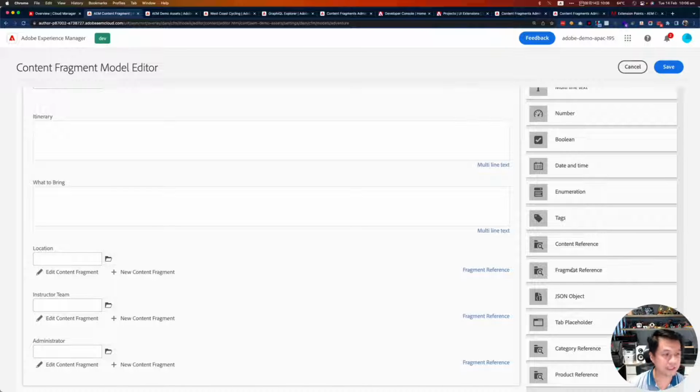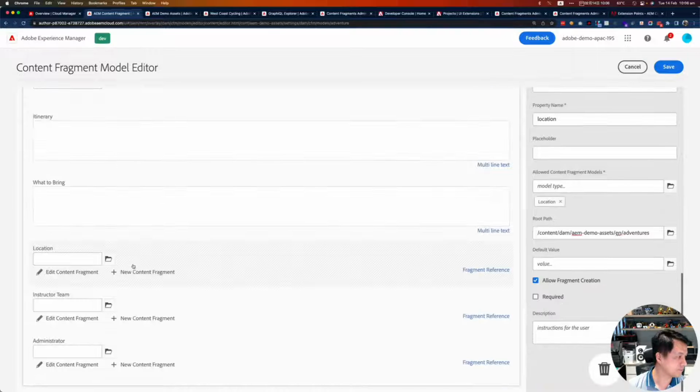If you want to link this content fragment to another content fragment, I would suggest you start using this fragment reference. In this fragment reference, for example, I've got the field over here. If I click on it, I can not just define which root paths I can select, but I can also restrict which content fragment models are allowed to be linked.